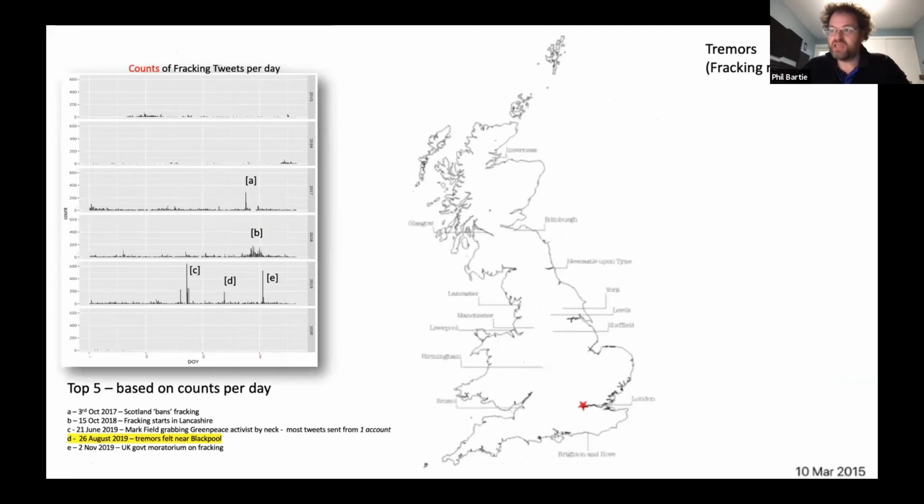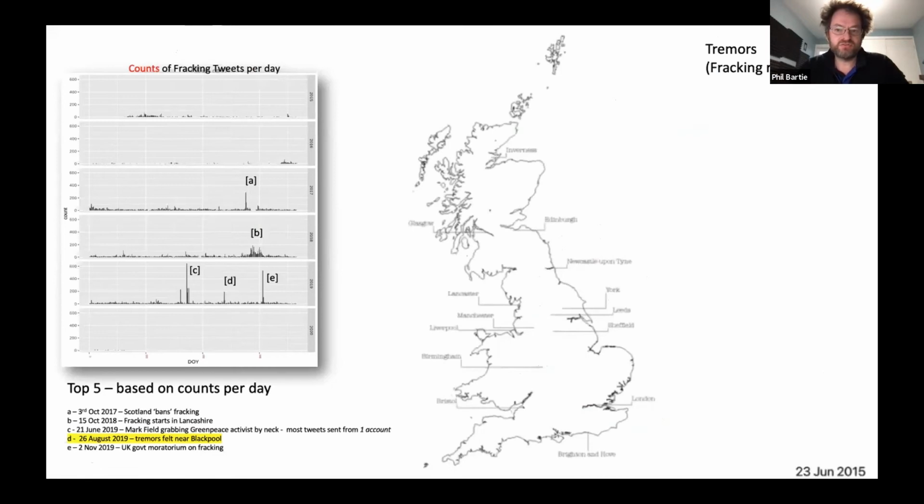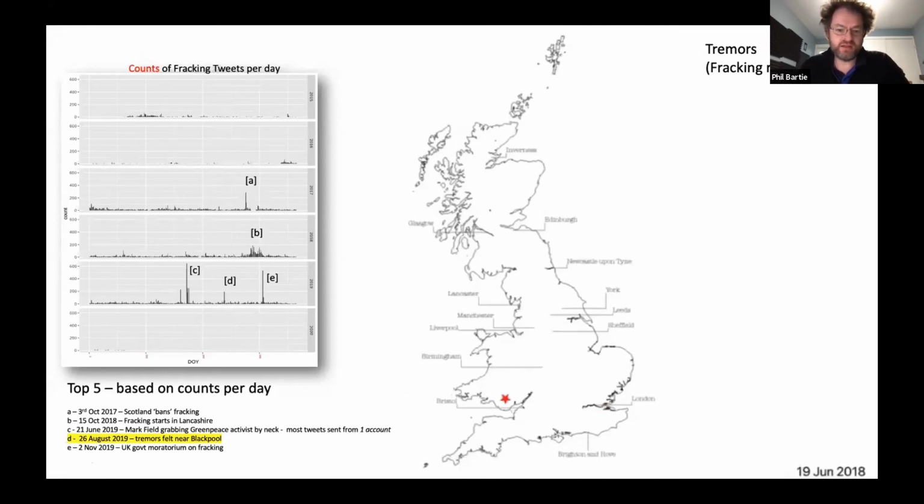And this here is just looking at one particular hot topic. Where you see a star is where someone's mentioned tremor or earthquake in relation to fracking in their tweet message. And what we notice from about 2018 onwards is it starts to get busy. So I actually slowed down the animation here. You start to get lots of stars. And this is really the start of the downfall of fracking in the UK, and then what led to the moratorium. So lots of people were interested in this spike, which was D here, and talking about it across the country, but particularly around the area where it happened in Lancashire.